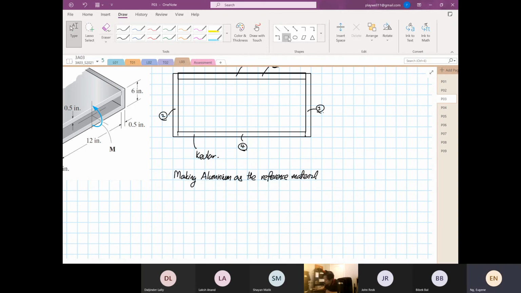So this did not change at all. The size of the aluminum remains the same because we make this as the reference material. So section 1 did not change, but the rest of it, the width,